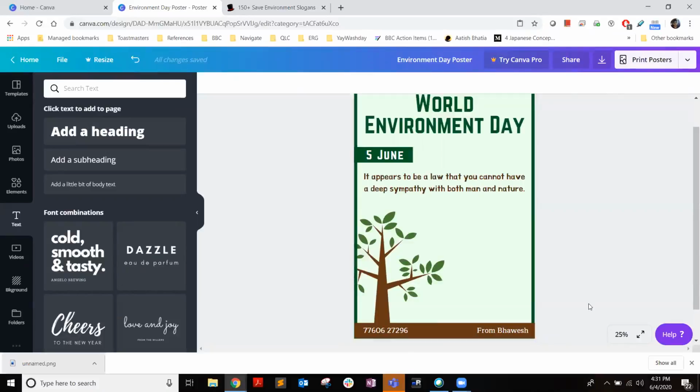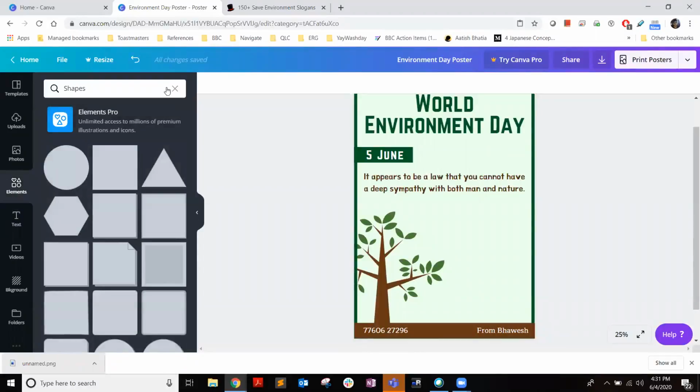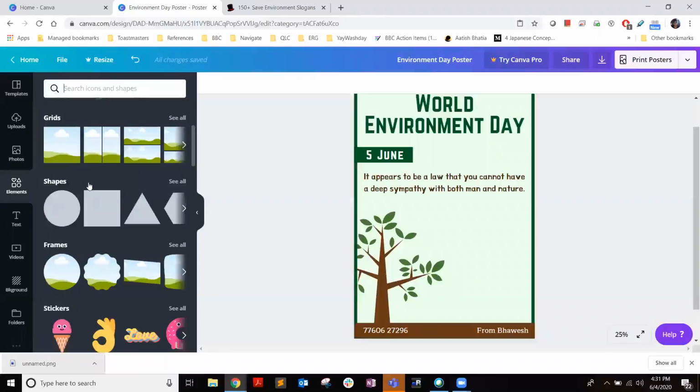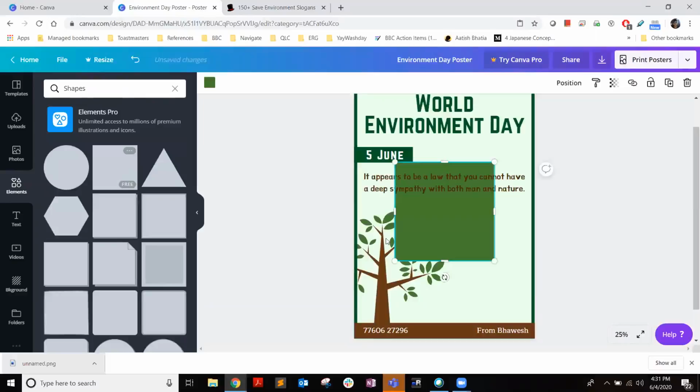Sir, yes, when I'm trying to make that square brown, it's not coming, sir. Okay. Just take a look at my screen, I'll do it. You can follow it then. So I moved to elements like this. I went to shapes, see all. I wanted a square, so I clicked on square.